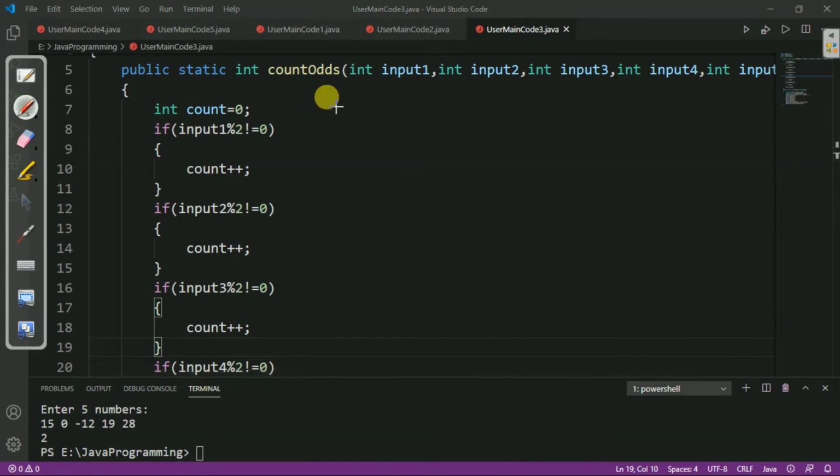So now we will see how it works. So at first we have defined the function named count odds, and we have taken 5 formal arguments as an input. So let's take the input.